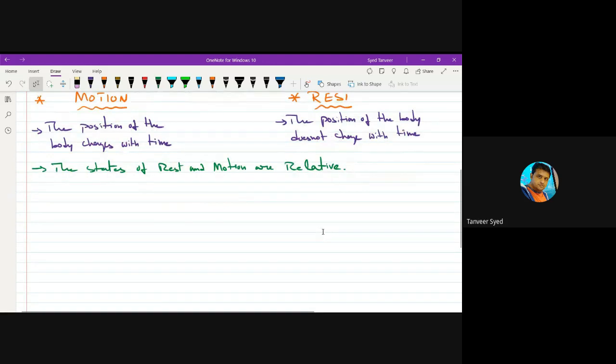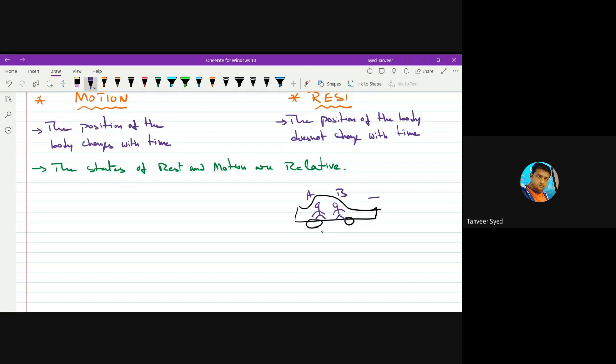To understand what this means, let us say you have two people A and B